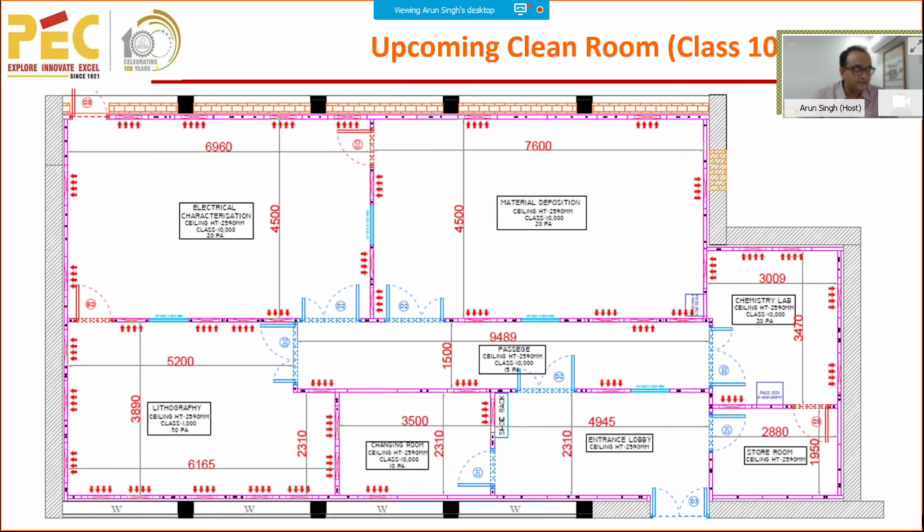In this clean room facility we have multiple labs which we are going to use for device fabrication. Starting from the chemistry lab on the right hand side, you can see here the chemistry lab, and then we have the material deposition lab, which will be housing various equipment for material deposition.